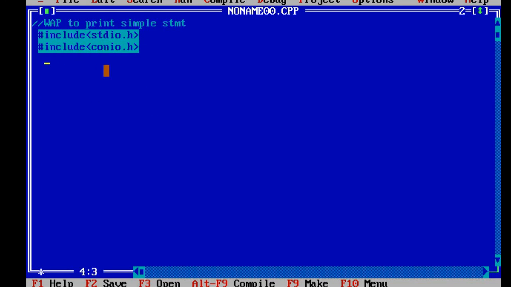Once you type your header files, you have to use the main function. Now the main function is nothing but through the main function our program gets executed. So the main function also has a data type. Already I have explained there are various kinds of data types such as integer, float, double, char, and these data types return a certain number of bytes also. But through the main function we don't want to return any value. If I am using integer or float, then over here I have to specify the statement that is return 0.